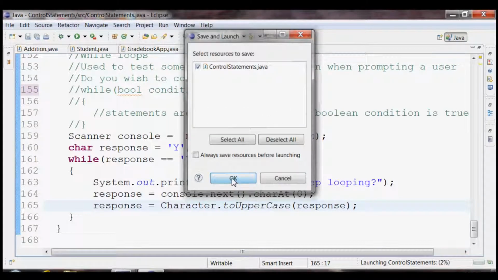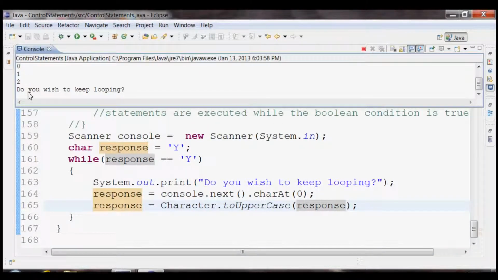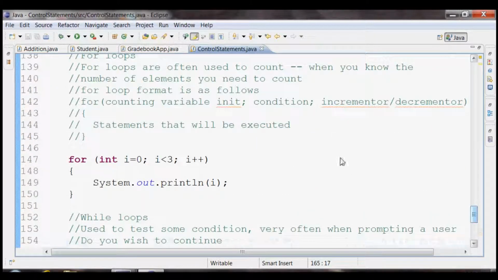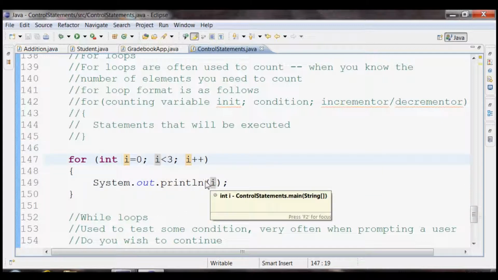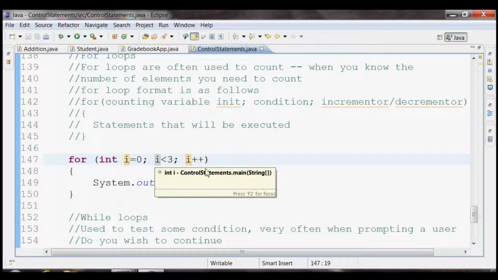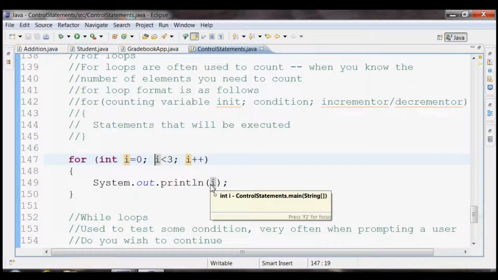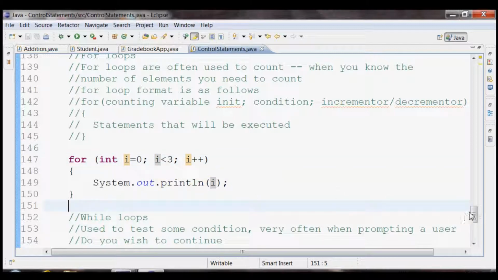So when I execute this, you'll see that I have 0, 1, 2, which is the for loop that we talked about, right? It goes through, i is initially 0, is i less than 3, is 0 less than 3, yes, print out 0. Increment i, it is now 1, is 1 less than 3, yes, print out 1. Increment i, it is now 2, is 2 less than 3, yes, print out 2. Increment i, is 3 less than 3, no, done executing. In my while loop,